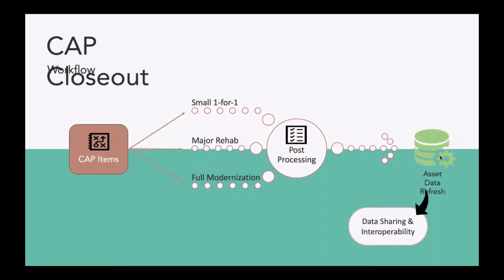Closeout then ends up looking like the reverse of that. So essentially, we won't go into the details here today, but there's different kinds of projects, little ones, big ones, full modernizations, replace one chiller unit. These can all be capital projects. They get done in various different ways, but however they get done, at the end of the day, that asset manager that essentially requested the work needs a way to say that, yes, it got done.